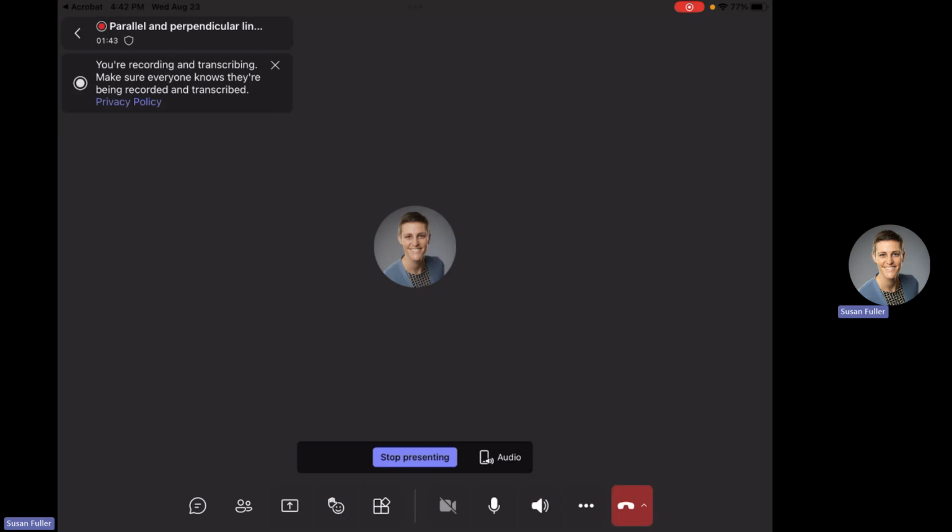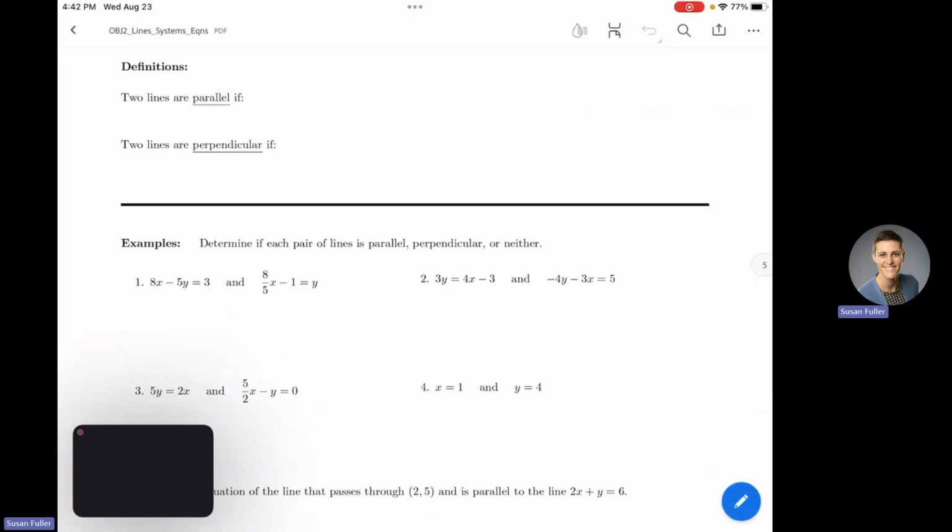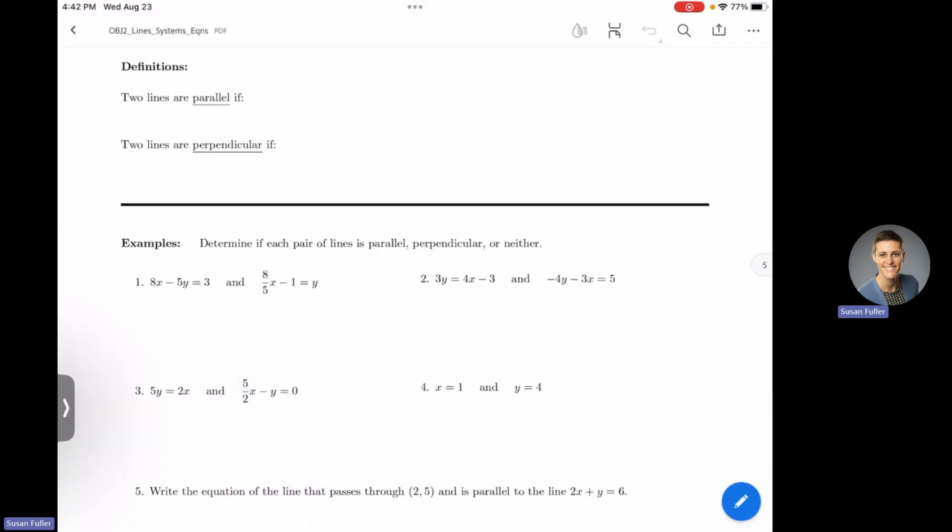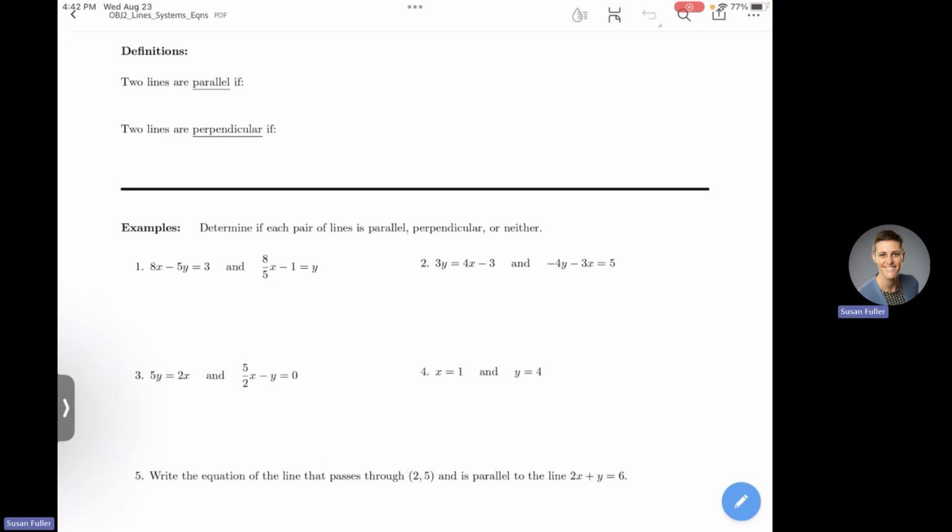Hello, everyone. I wanted to make a quick video for you to help you with parallel and perpendicular lines in homework 2. I think there's two topics that deal with these, so I just wanted to kind of run through them with you. Okay, so two lines are parallel